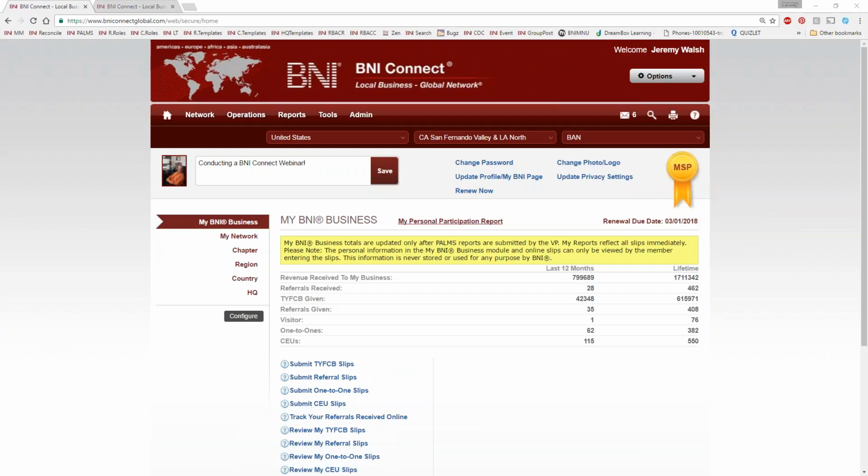Now, one of the great things about BNI in general is this accountability system that we have, which is keeping track of all of our statistics. And again, that's something that we've always done. The biggest difference is that when you submit the slips at the meeting on a piece of paper, the vice president will go back and take that stack of slips, count them out and fill out a spreadsheet saying, okay, well, John had a one-to-one with Mary and Bob had a referral for Frank and so on and so forth, and they fill out this big spreadsheet.